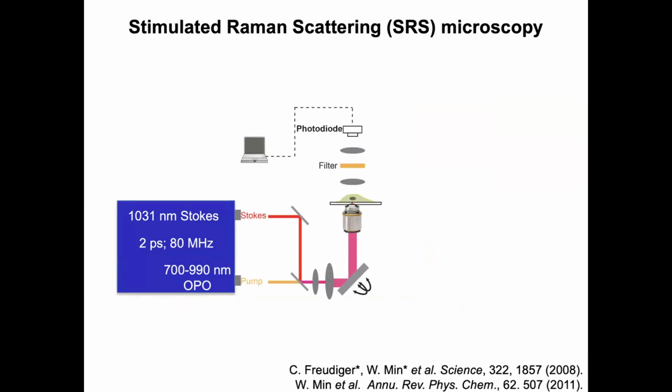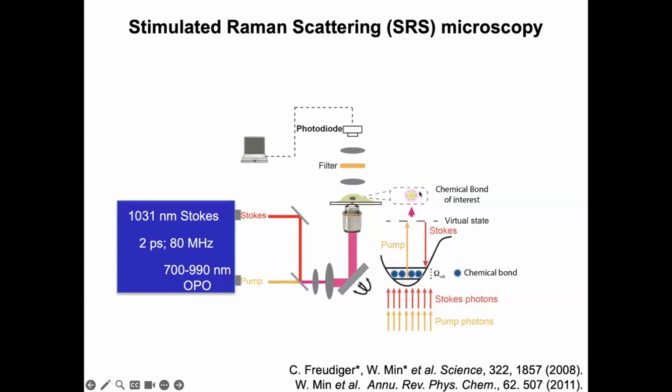In terms of setting up the microscope, it really looks like confocal fluorescence. In this case, we need a relatively special laser setup: two lasers running at picosecond. One is a near infrared OPO laser that runs from 700 to 990, and the other is 1030 nanometer. So we route the two lasers into the microscope, where you have your molecule of interest, the chemical bond of